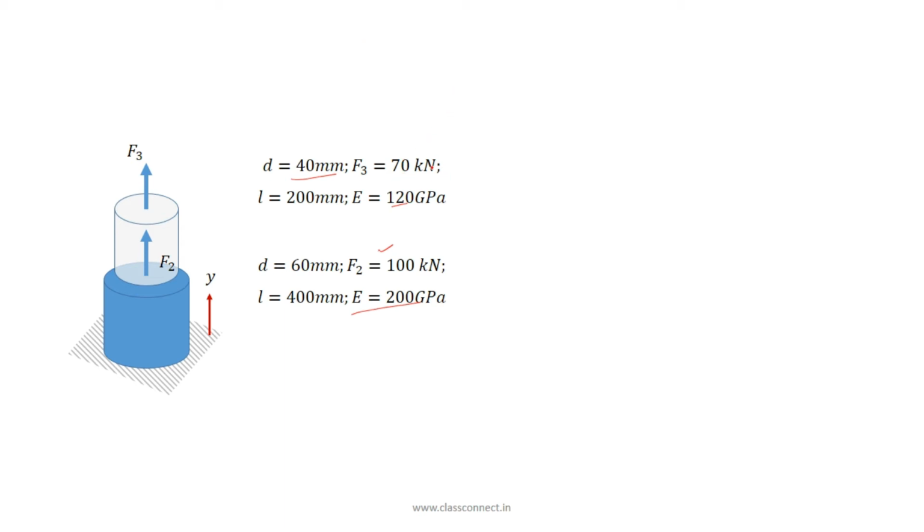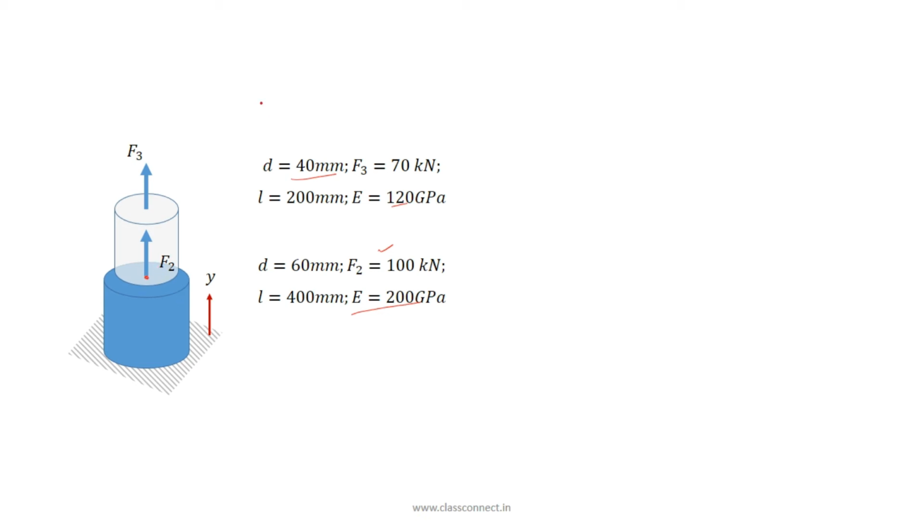With this data, we can now conclude that at least two elements we need for solving this problem through any finite element software or manually or through a computer program. At least two elements we will be needing because we can apply load at a node. So that is why we have to create one node here. The second concept that is forcing us to take a node here is the change of element property.